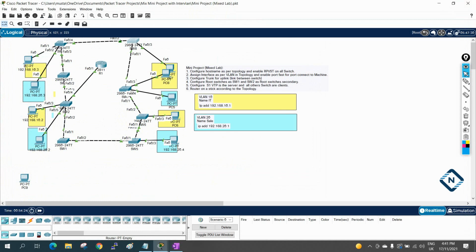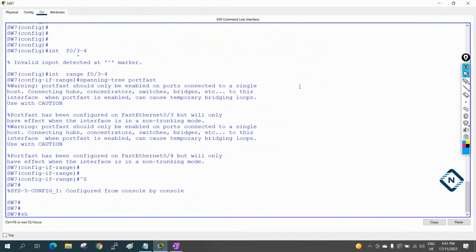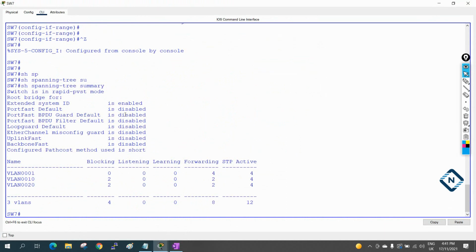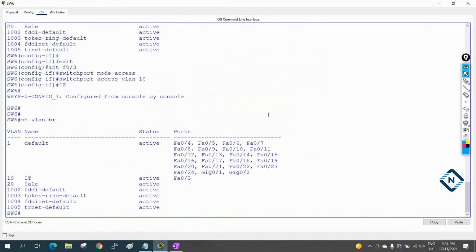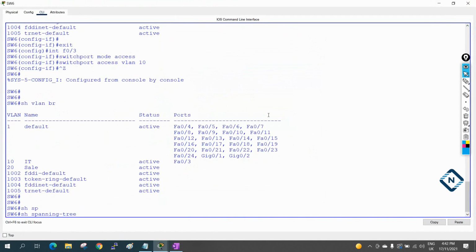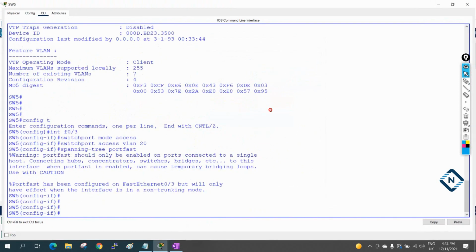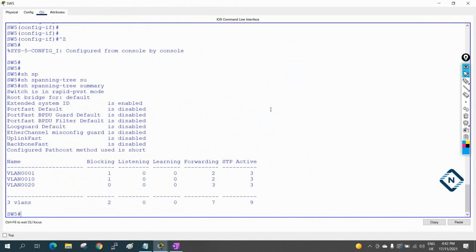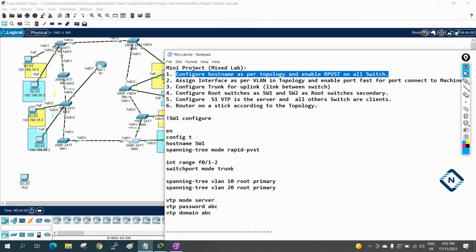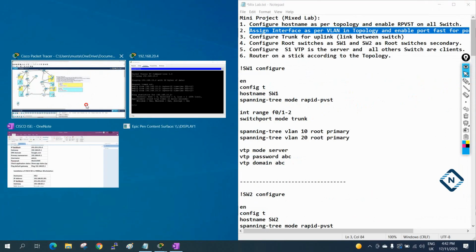And then this is switch 7. Let's see here. Show spanning-tree summary. Here also rapid PVST is enabled and the host name is also done. And the last two switches are there. We will verify here also. Show spanning-tree summary, rapid PVST is enabled. I am just cross checking because we did this before already, but maybe we forgot. From a long time we did not touch this lab, so what we did and what is pending, we don't know. So now we are checking. Here also good. So the first point is good for all the switches. Second point, we just now did. If you want, we can check that one also.